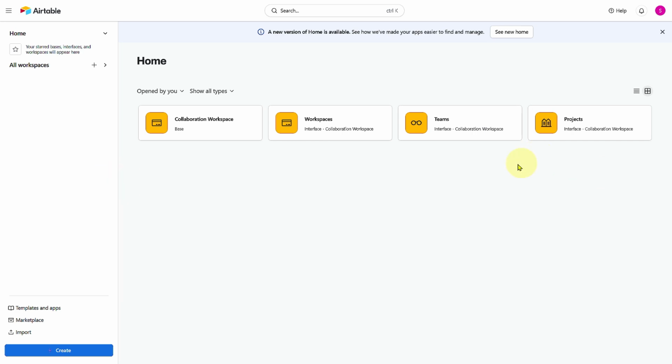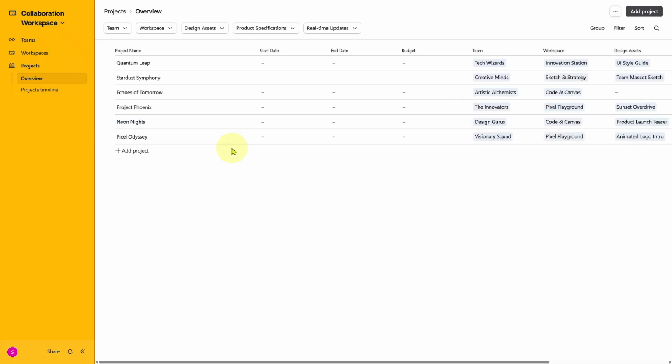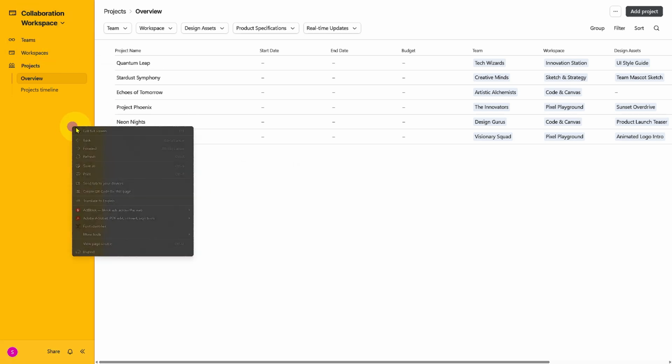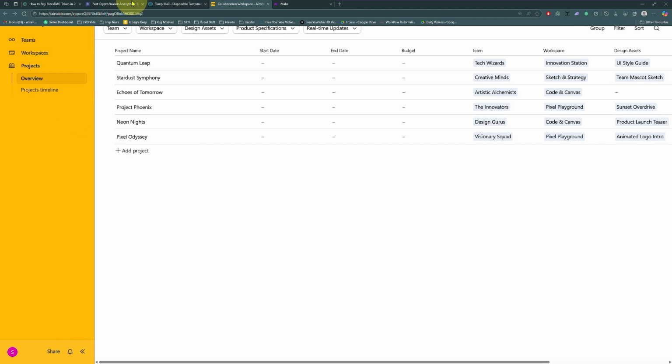So first of all, you can see we have a couple of options in here: collaboration workspace, workspaces, and other options. So if you want to create a workspace or maybe just get started with a project, simply click on this project option, and in here you get options for creating your automations. You can see we have these different projects going on about different types of stuff. So if you want to create an automation, I suggest you, let me just actually go back,